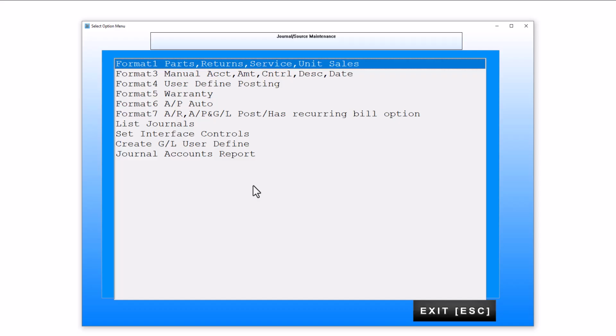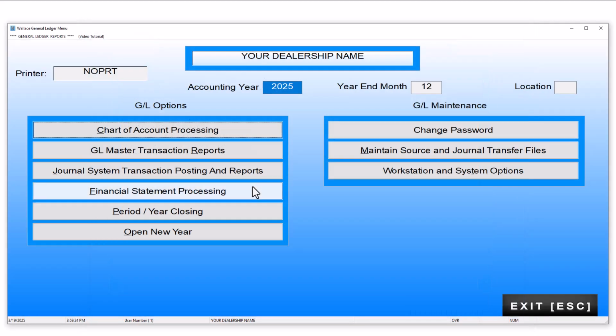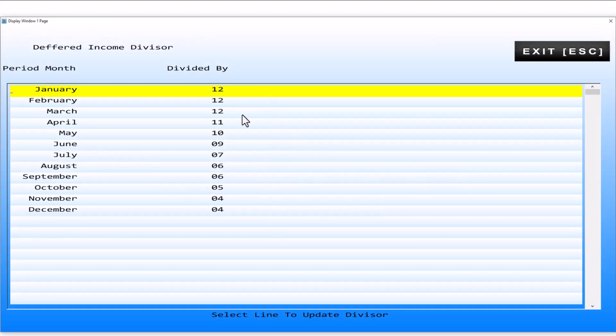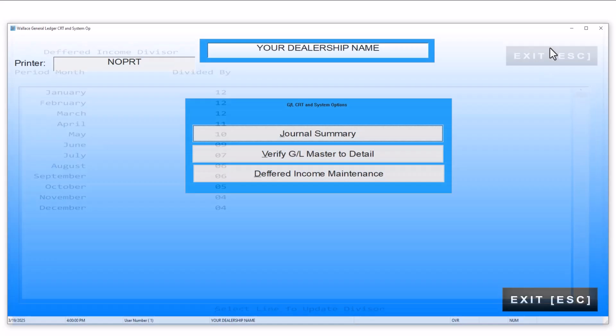Now, the next step is how do we want that to be multiplied out? That's done here. So, in this case, I'm basically saying any of those contracts or bills that are printed with those codes, I want to divide the amount by 12. Now there again, some people do it by the length of the contract. If it's a 6-month contract, they want to divide it by 6 months. They don't want to show all the income in those months in January, February. In this case, I'm dividing them by 12, but there again, you can divide it by whatever you wish. So this is your divisor. You should have a divisor for every single month. Once you do that,